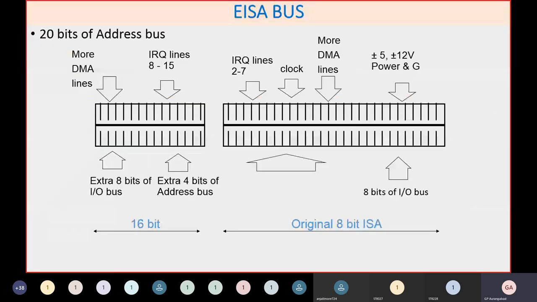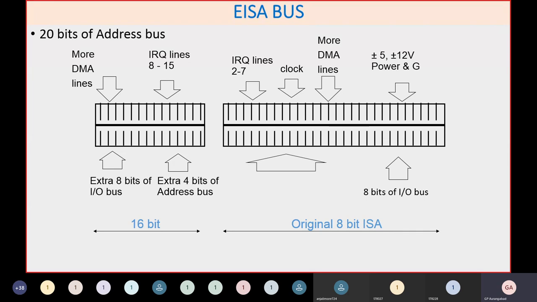Now these are certain settings of this particular ISA bus. There will be the original 8 bits, and another 16 bits, so overall there can be 24 address lines, so that it can address up to 16 MB of memory. But for proper working of this, there are a lot of problems.